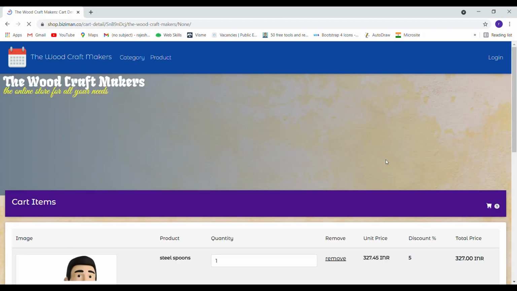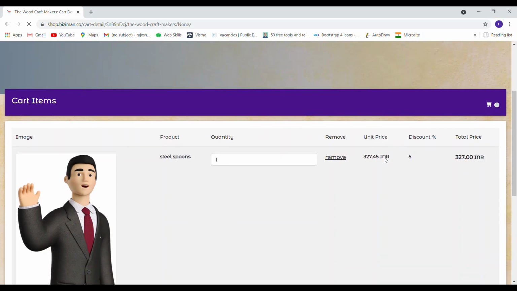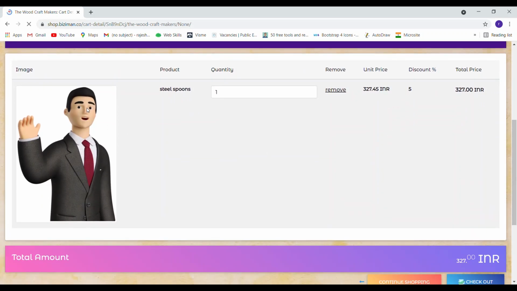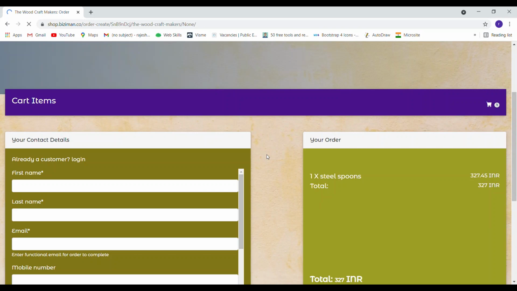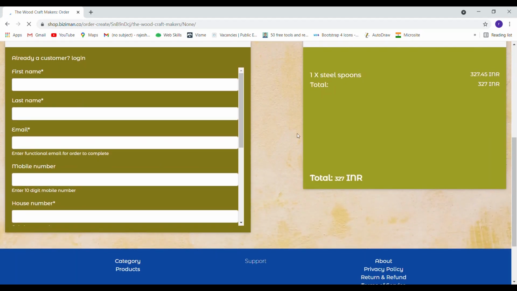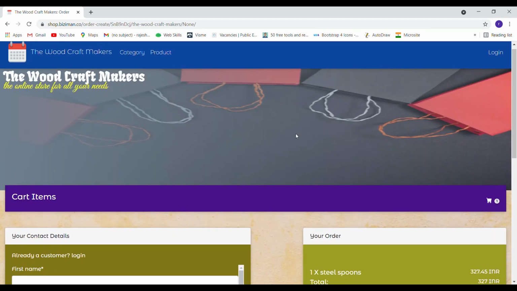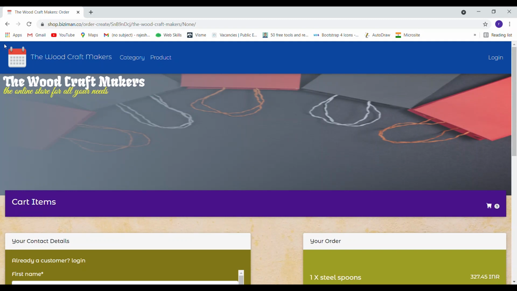We go to the cart. This is how the customer will shop on your site. This is the spoon image. This is the spoon quantity he is buying. This is the cost at which he is buying. This is the total price. So he said checkout. So with the checkout, he is brought to the last page where he will fill in his address and then he will check out. So this is how we can easily make a site, and we can easily